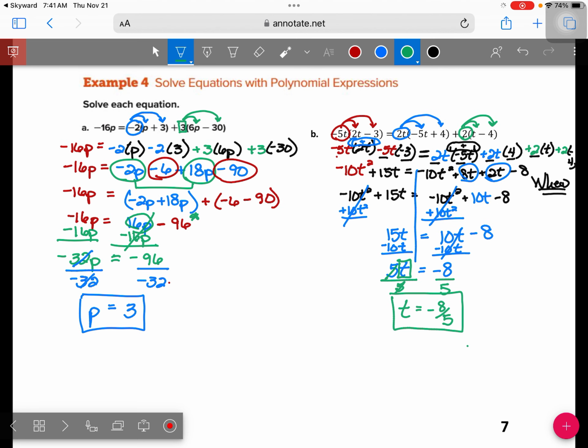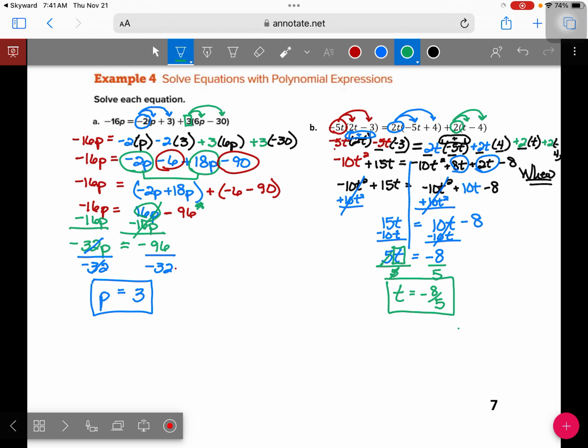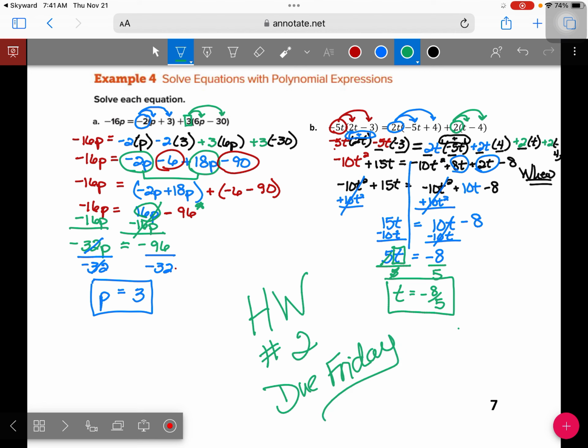Okay. Please use your notes as you are going through that last homework, because we're done with the notes now. So you have lots of time right now to work on homework number 2. That is due tomorrow. And if you still have homework number 1 that you need to finish, then I want you to work on homework number 1, okay? But I'm going to be coming around, checking, seeing if you have any questions, if you need any help. Okay? All right. So let's